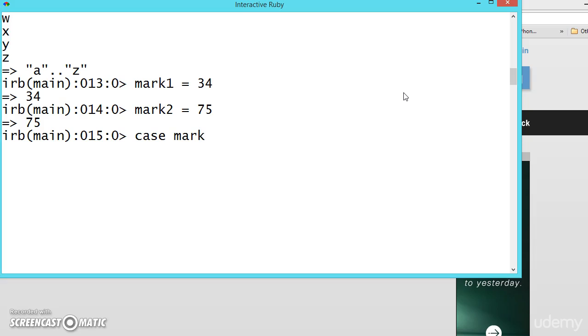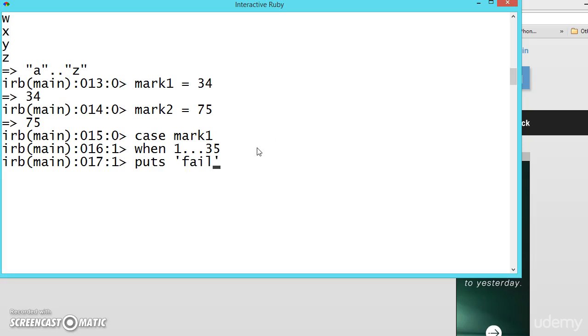Case mark1. Now according to the condition we can execute the code. When marks are between 1 to 34, let us say 35 is the pass mark, we are not including 35. If it is 34, then puts failed.